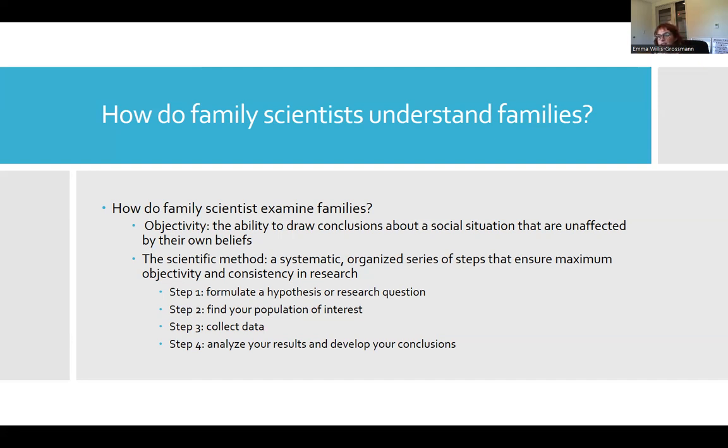And this person stops us and goes, is it real science or is it, excuse my French, bullshit science? And we were like, excuse you, this is our life's work. It is not bullshit. So I'm going to explain to you how family science is not bullshit science. So first, when we study families, we want to be very objective by studying families through a lens that isn't affected by the researchers' beliefs about what a family should look like.